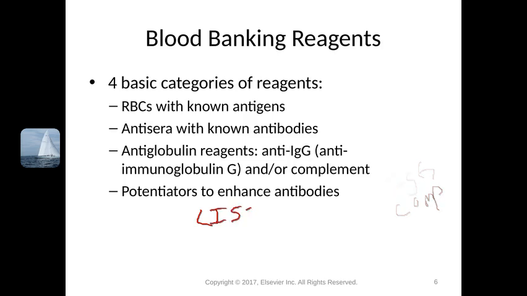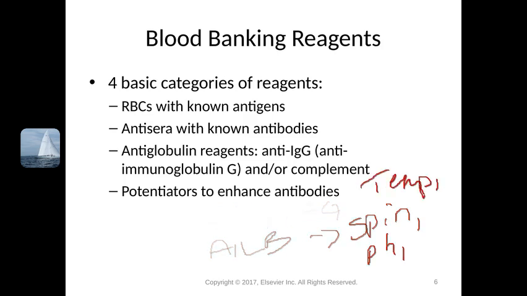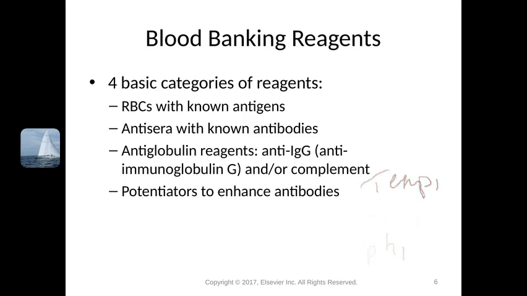Some places use albumin, and then we can also look at spinning, pH, temperature, just to physically get them closer together, or change how they come together. So these are the typical ways of mechanically getting them together and adding potentiating agents to get the red cells closer, because remember, you have each red cell, so this is a red cell, and